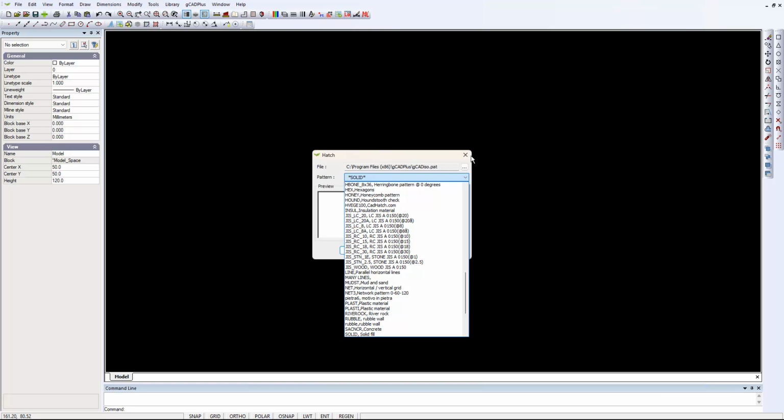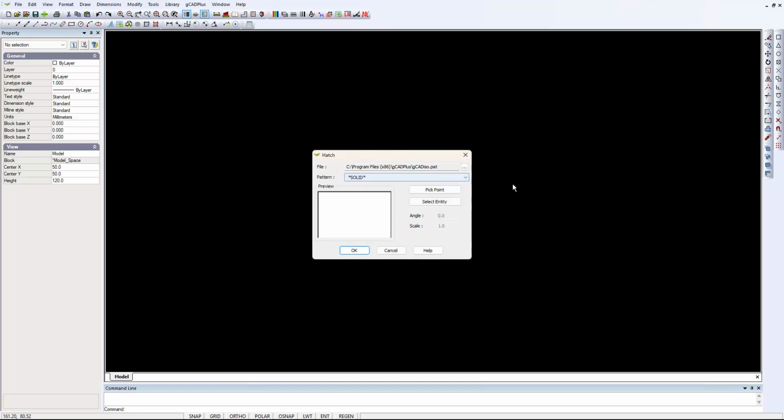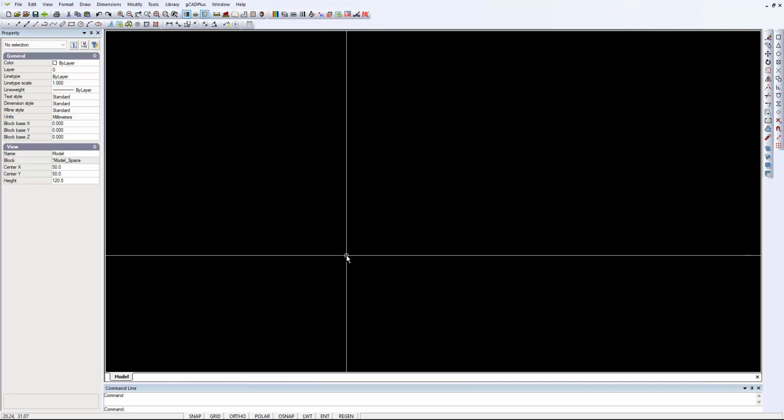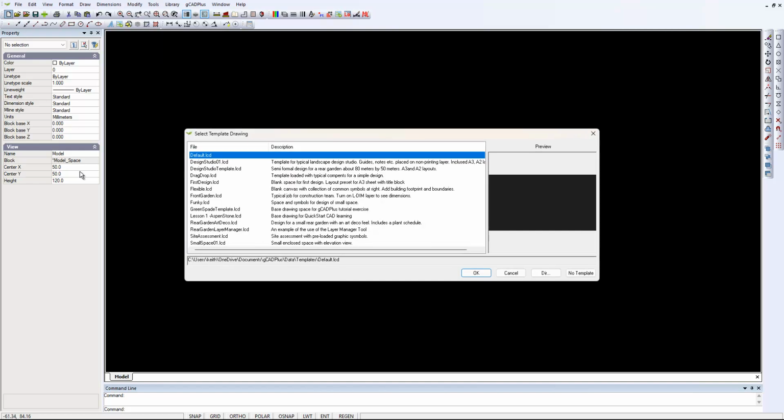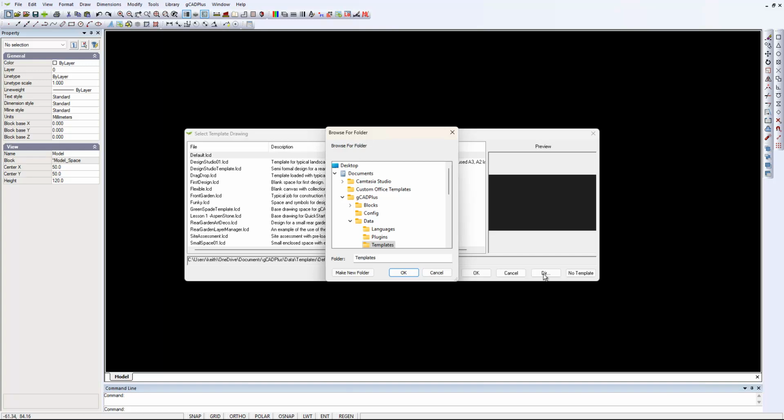So I hope that shows you that you can load hatch patterns easily. The best approach is to preload those in your default drawing. So if you pick new, you might not choose one of our default examples of default drawings, but make your own, load the hatch patterns in it, and then you can go dir and change and make gCADPlus point to the location of your particular design studio